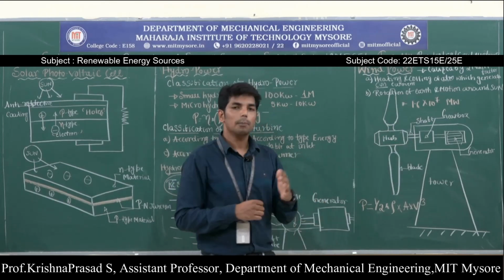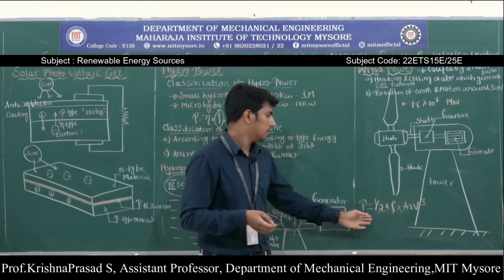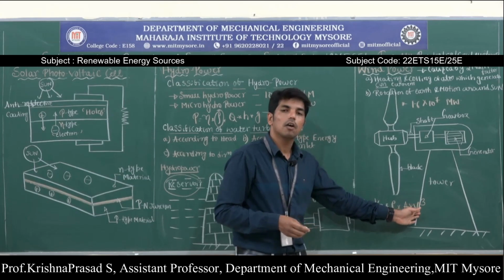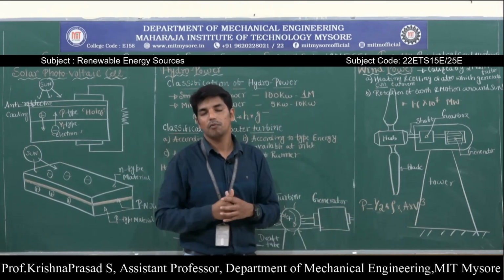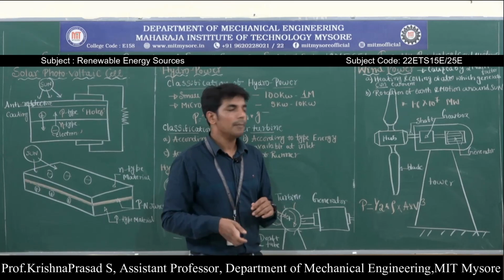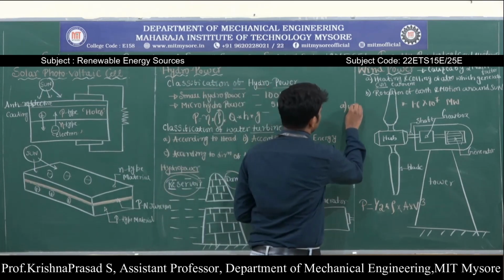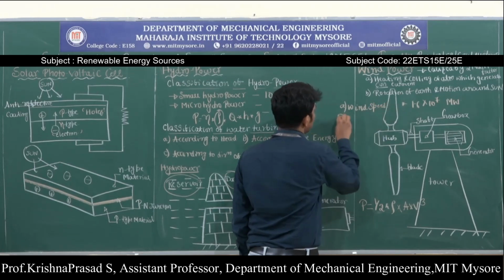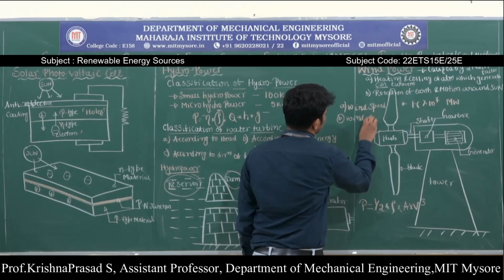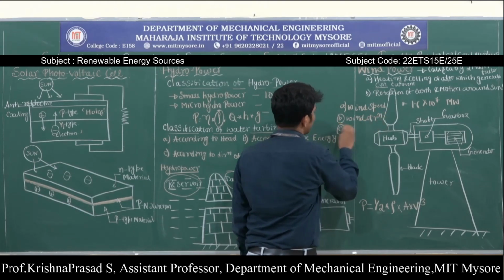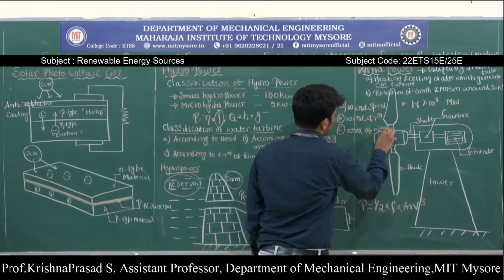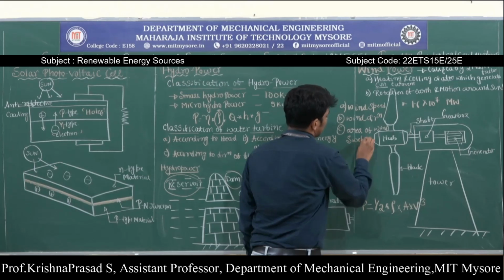Then the power obtained from wind is given by the formula half into density into area into velocity cubed. That means the wind power we extract mainly depends upon three parameters. The first one is wind speed. The second one is wind direction. And the third one is the area of wind swept by the rotor. That means,